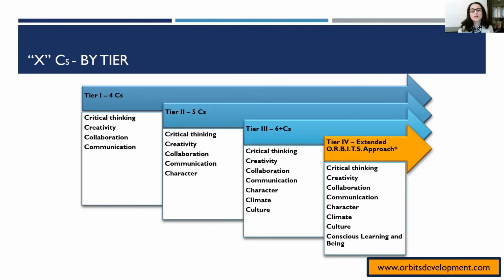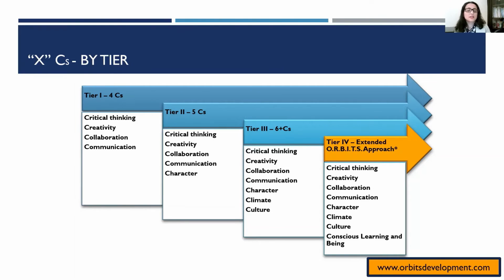With tier 2 here, we are adding. And when I mean adding, for example, in this case, we are adding character here, like character development, character education, whatever you want to call it. It doesn't mean that we can't do character with tier 1, but in tier 2, when we include it in our 5 C's, it means it should be very systematically planned so that it can effectively lead to a certain result, or outcome, that we aspire.